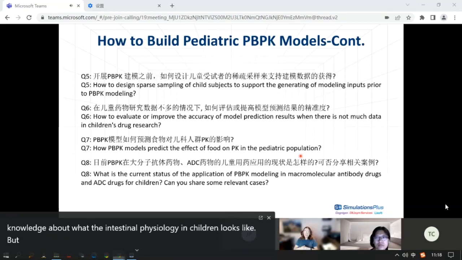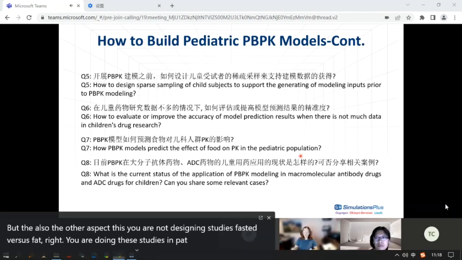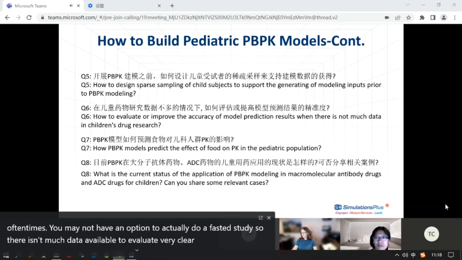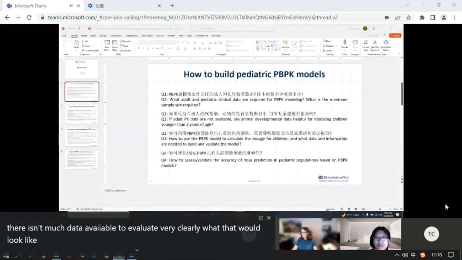But the other aspect is you are not designing studies fasted versus fed, right? You are doing these studies in patient populations, and oftentimes you may not have an option to actually do a fasted study. So there isn't much data available to evaluate very clearly what that would look like. However,